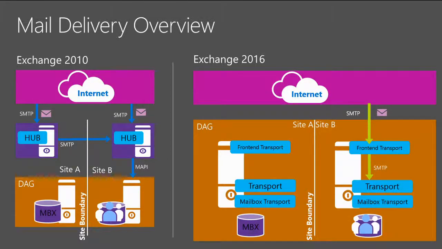The front-end transport service will then talk SMTP to the transport service, which will then talk SMTP to mailbox transport, and mailbox transport is the only component that will actually talk MAPI locally on the machine. Now here everything is local, so that's good, but what if the mail came in, for instance, on the other